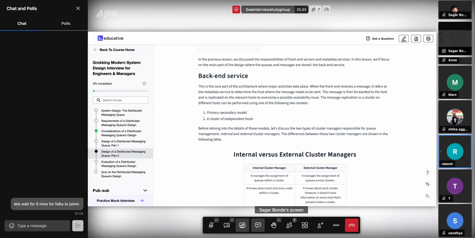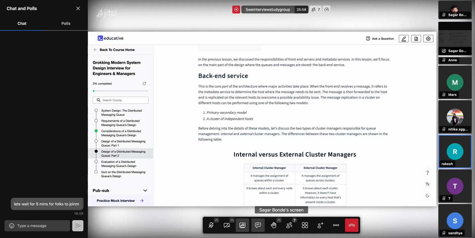The message is then forwarded to the host and is replicated to the relevant hosts to overcome possible availability issues. The message replication in a cluster on different hosts can be performed using one of the following two models: